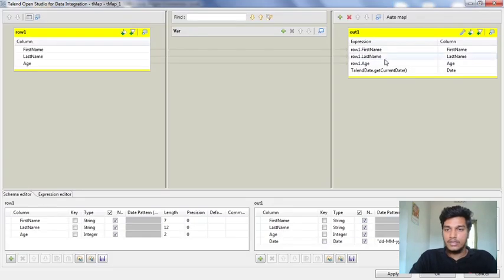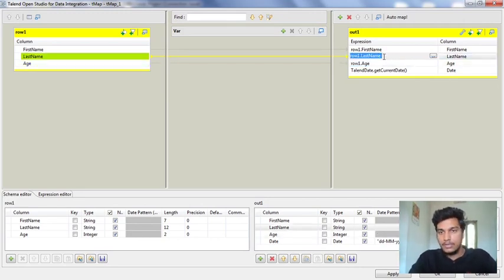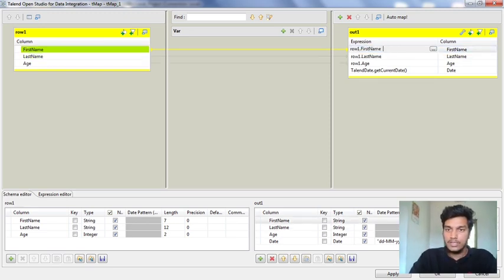Suppose I want to add, I am copying this last name and I want to add it with first name. Normally, the back end of Talend is nothing but Java programming.